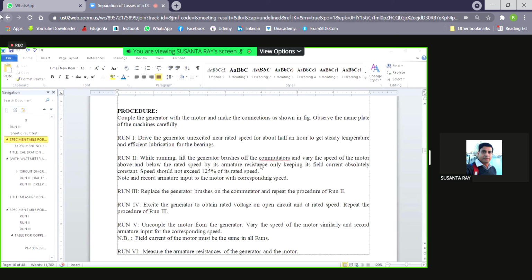The motor is basically the prime mover for the generator, giving mechanical energy to the generator. Now, the speed of the motor can be controlled either by controlling the resistance in the armature of the motor, or by controlling the resistance in the field of the motor. We are not touching the field here; we are only controlling the armature resistance to control the motor's speed. That is the concept. So therefore it is written there. This field is not the generator field.